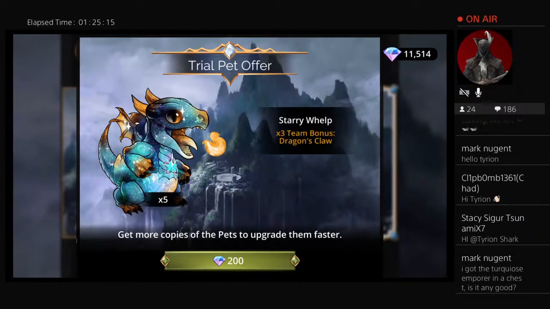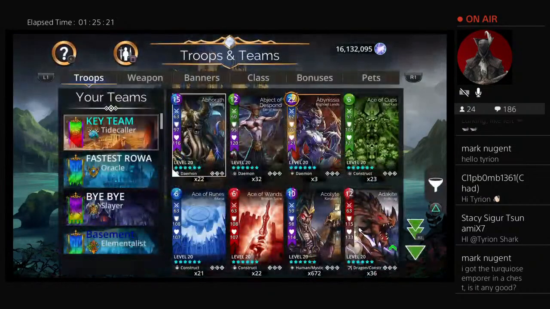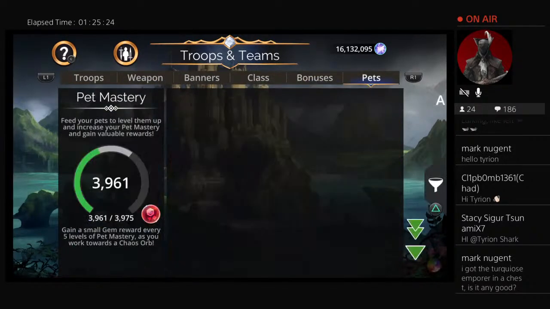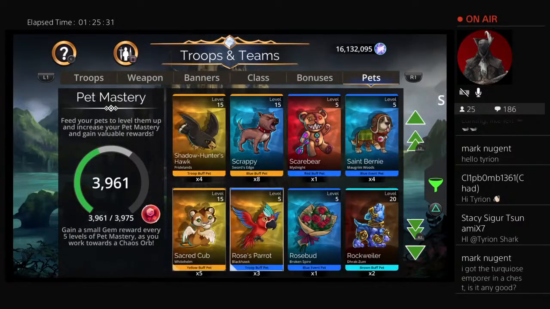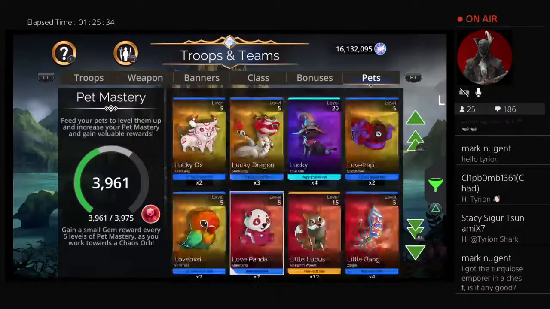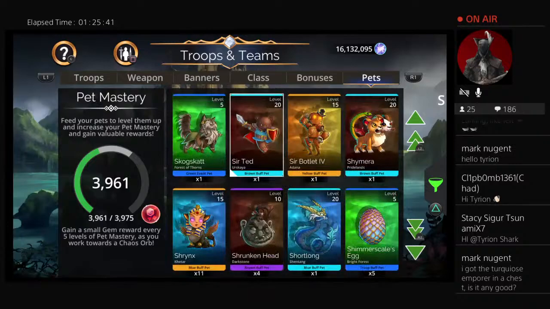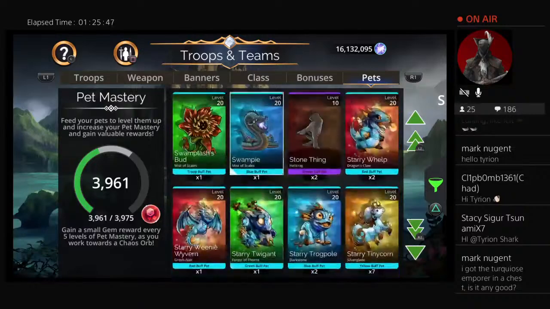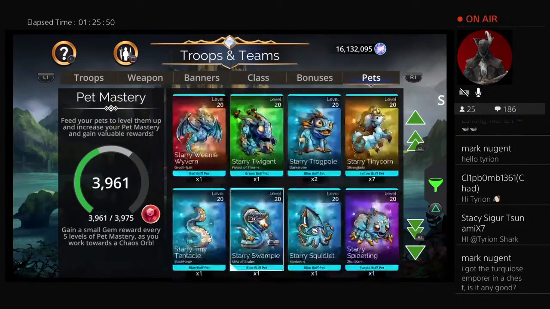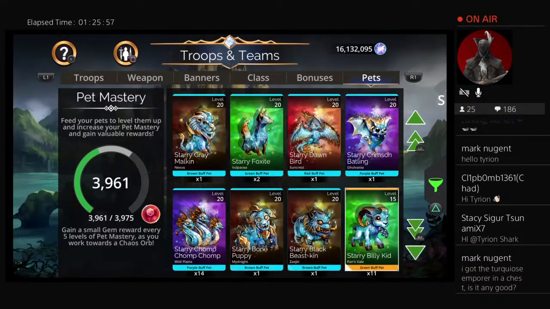I don't think I need this. I'm about to go check, though. I feel like there's one starry pet I missed. Like I misclicked. And I always forget which one it is. What? Alright, here we go. Starry Whelp, Starry. Starry Billy Kid, Pan's Veil, of course. And I only need like one freaking copy or something, not...